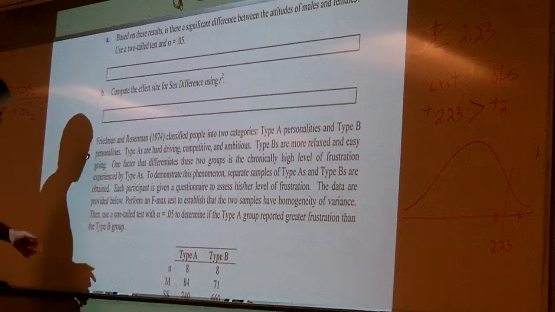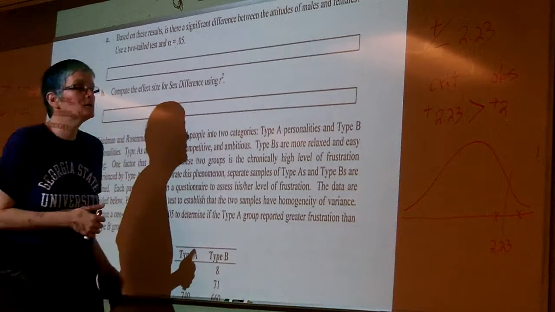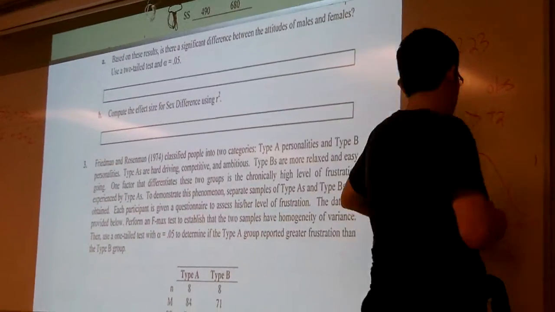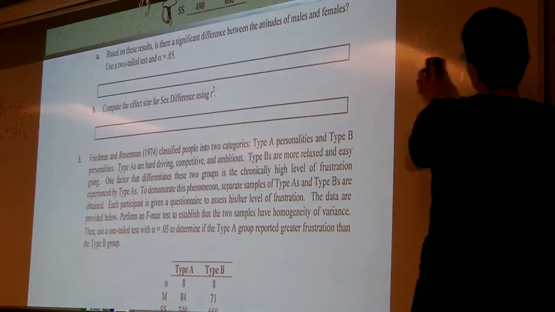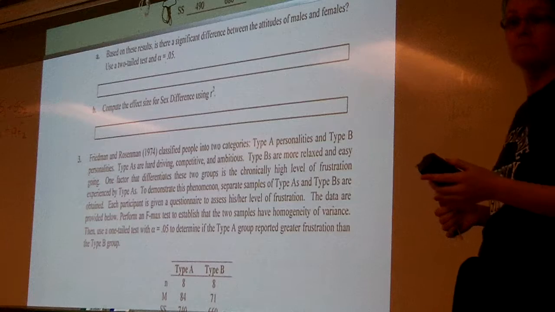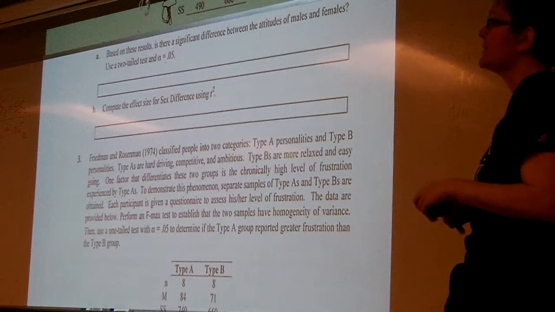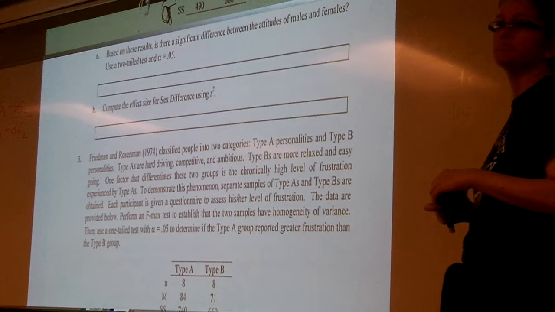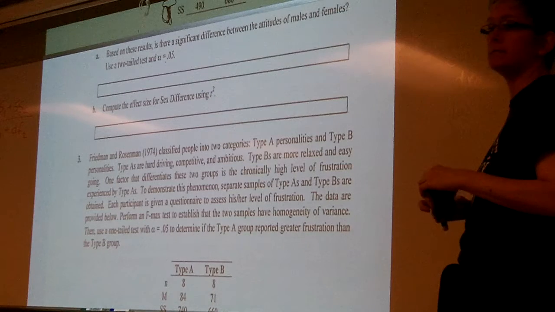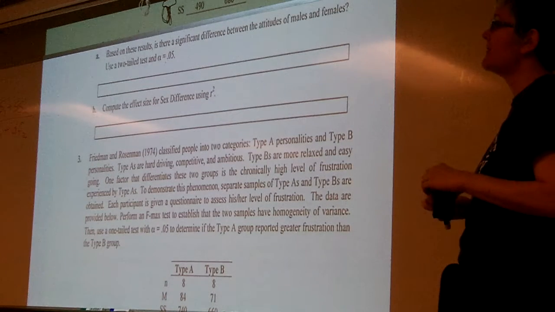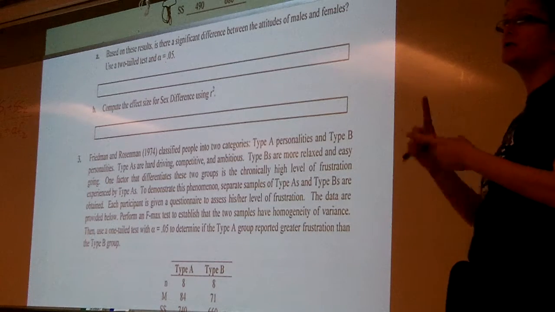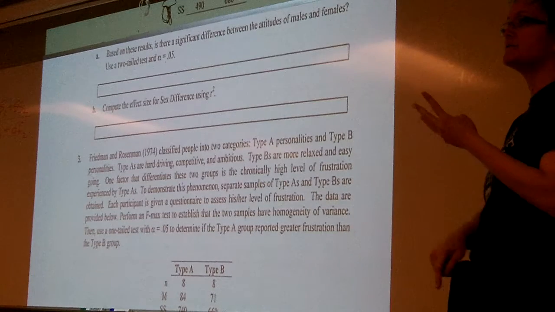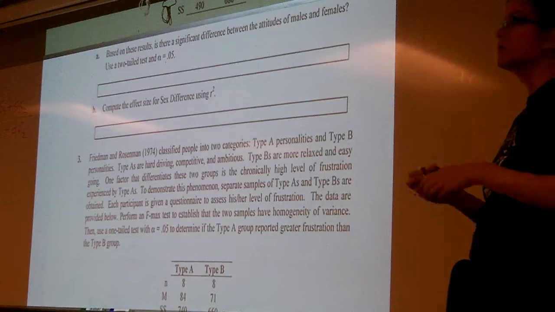Adding the degrees of freedom for our two samples. What are the degrees of freedom for our two samples? For sample 1, for men, what's our degrees of freedom? 5. Do you agree? That's 5. Okay, and what about for women? 8. Do you agree? Okay. So if we add those two numbers together, what do we get for degrees of freedom pool? 13. So if I look up two-tailed test, alpha 0.05, degrees of freedom 13, what do I get for a